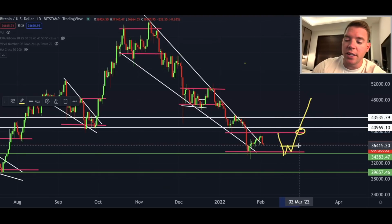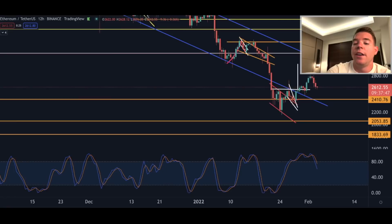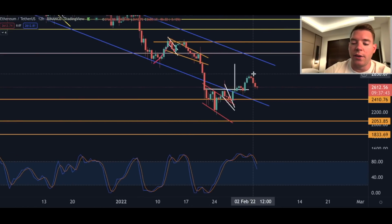So I might build a smaller position already all the way down here on the small W, but I will massively go long here once we are breaking out here at that point here around, let's say closely above $40,000. Then when we are having a look on Ethereum, there you can see I was right with what I